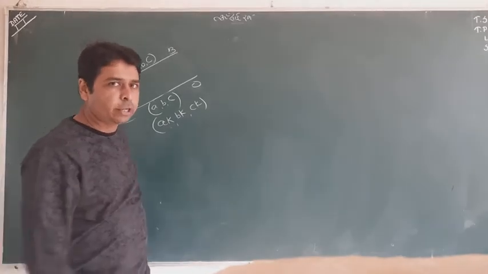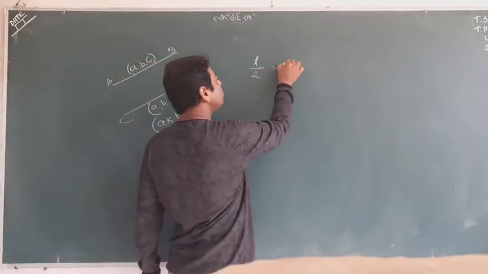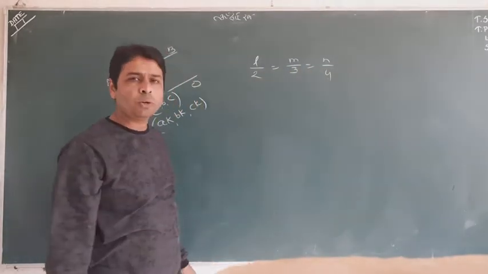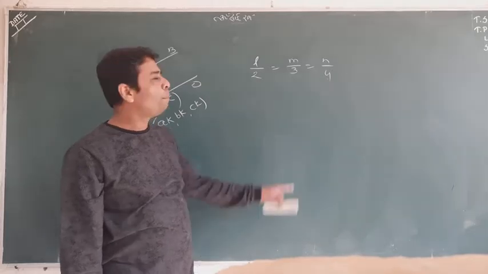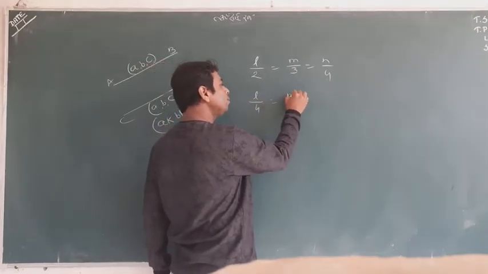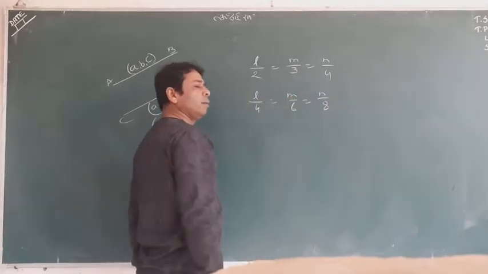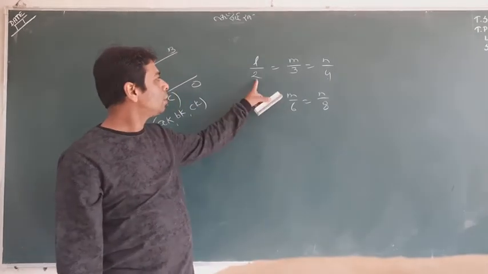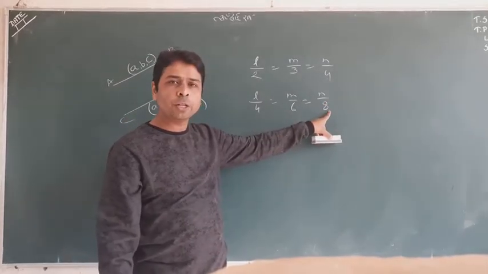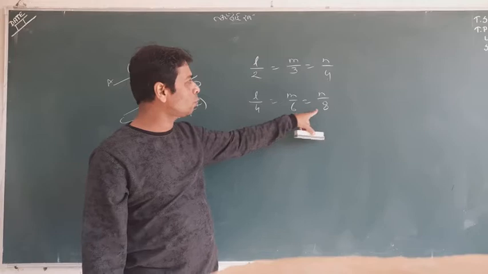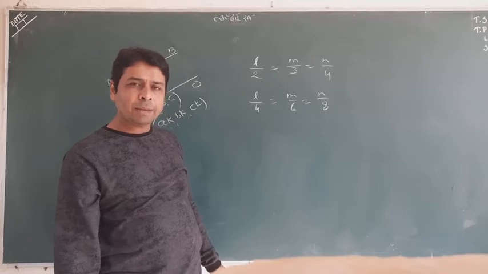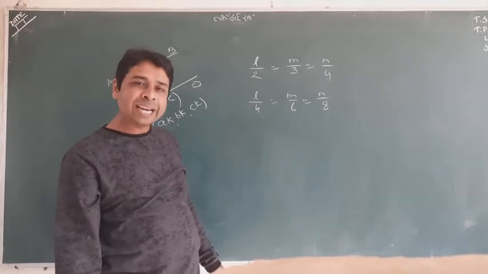If you're still confused, look at it. l upon 2, m upon 3, n upon 4. What are 2, 3, 4? 2, 3, 4 are direction ratios, because they are proportional to the direction cosines. But if I write 4, 6 and 8 instead, this is also not wrong. Why? Because this was 2, this is 4, this is 3, this is 6, this is 4, this is 8. Proportional. You can cancel by 2: 2 2s are 4, 2 3s are 6, 2 4s are 8, and the same ratio will come. So the lines are the same, the ratios look different, but they are actually proportional.